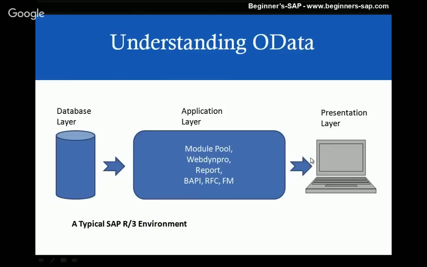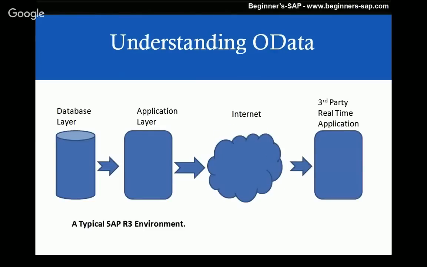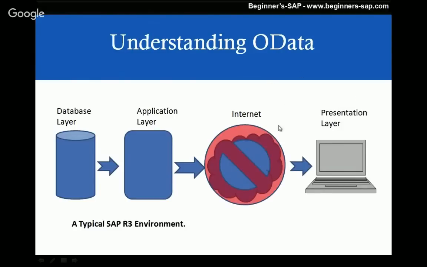So this 3-tier architecture is okay if you have a dedicated connection, but let's say we put the internet into the mix. As you know, the internet is not a dedicated connection. Every time you make an HTTP request, the connection is made and then it's broken. That's why, with the internet, the 3-tier architecture completely breaks off. You cannot access the SAP database through the internet using standard ABAP technologies. You just cannot do that. So for that purpose, SAP has brought in something known as OData.